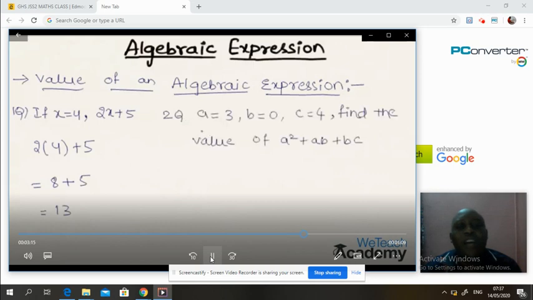If I have a second question, where a is equal to 3, b is equal to 0, and c is equal to 4, find the value of a squared plus ab plus bc. What you need to do is replace a with 3, b with 0, and c with 4. So what do you have there? You have 3 raised to power 2 plus 3 times 0 plus 0 times 4. And 3 raised to power 2 is 9. 3 times 0 is 0. 0 times 4